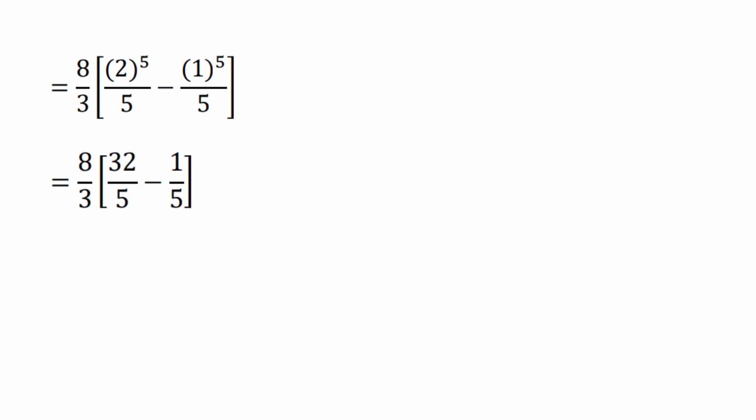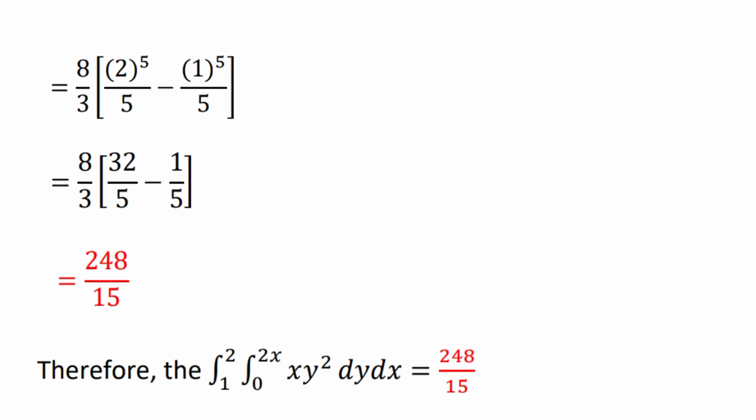Copy the denominator, which is 5, minus 1 raised to 5 is equal to 1. Copy the denominator, 5. Using your calculator, we have 248 all over 15. Therefore, the double integral of xy squared dy dx from 0 to 2x and 1 to 2 is equal to